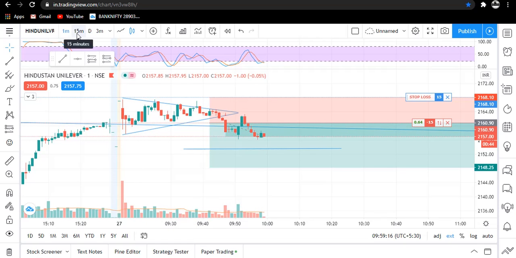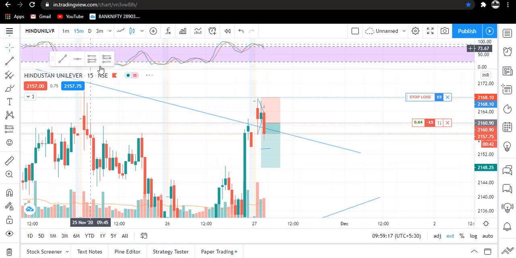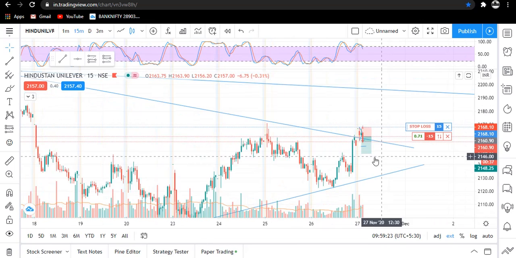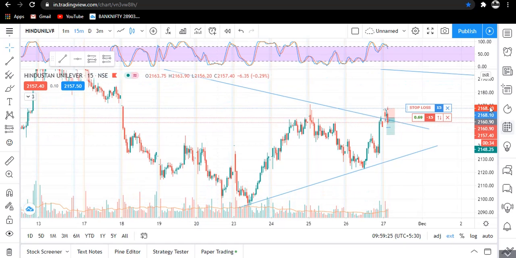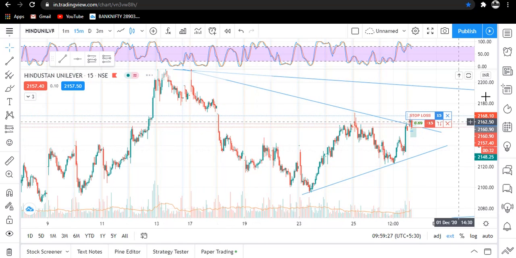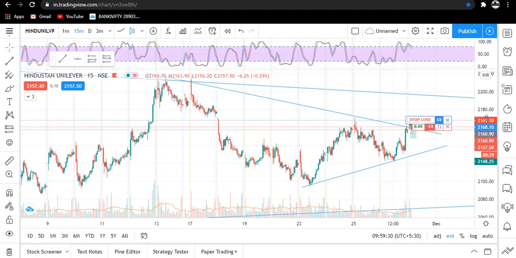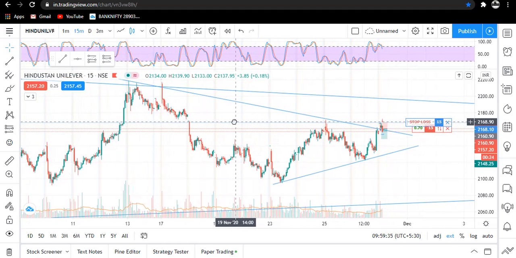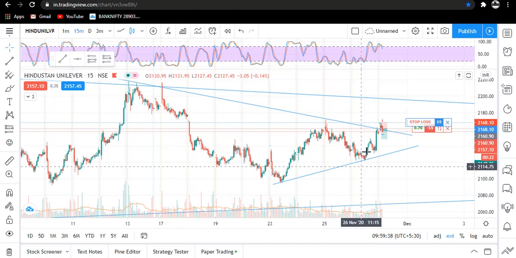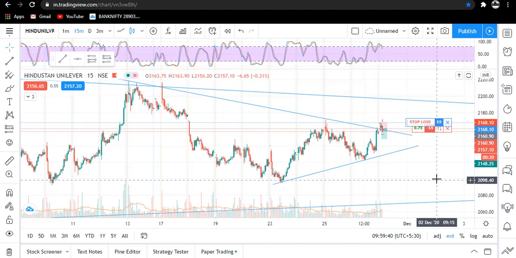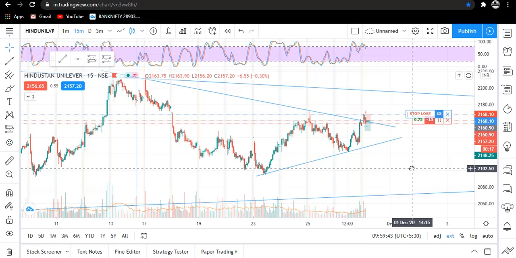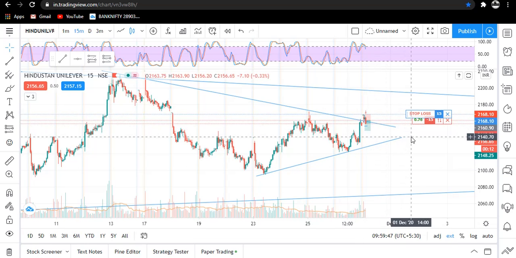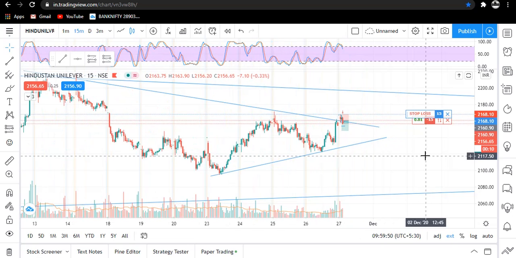So let me open the chart of 15-minute time frame. Okay, so traders, this is the chart in 15-minute time frame. Here you can see that Hindustan Unilever is again trying to make a triangle pattern. Okay, but it has not been completed yet, and there is some resistance for Hindustan Unilever at the place where it was